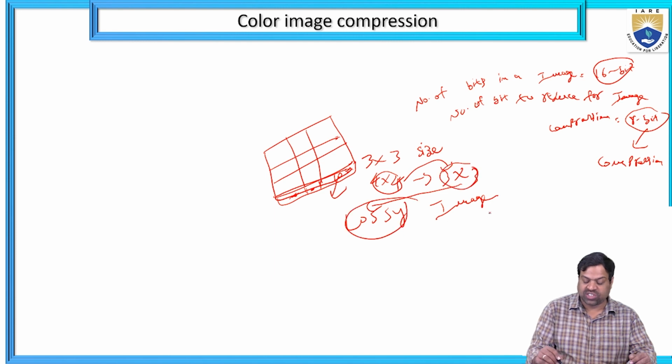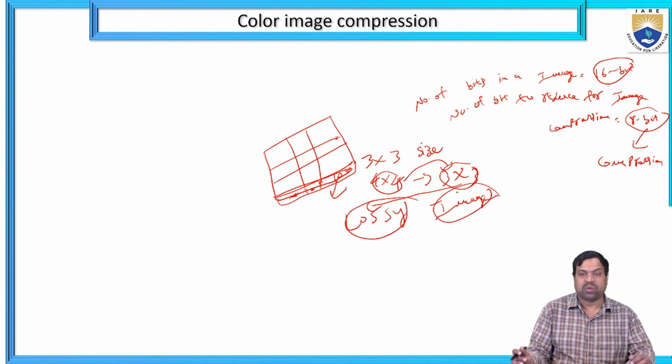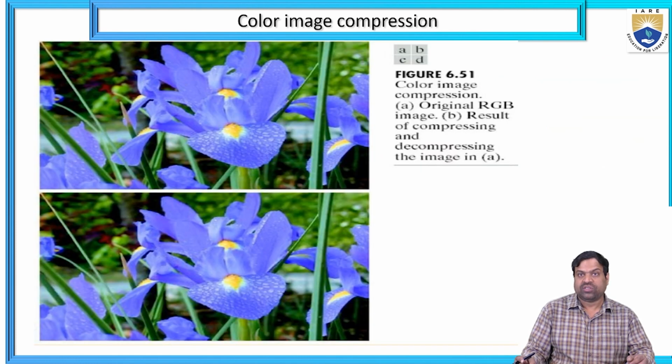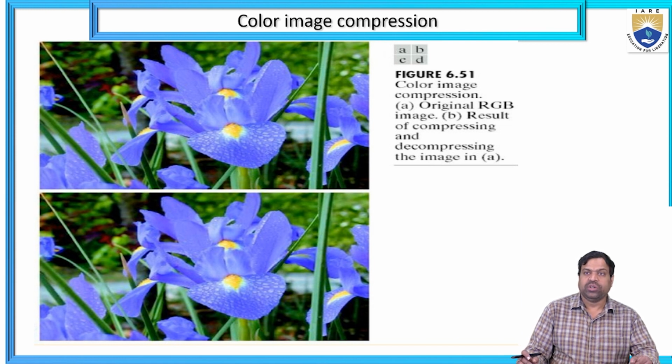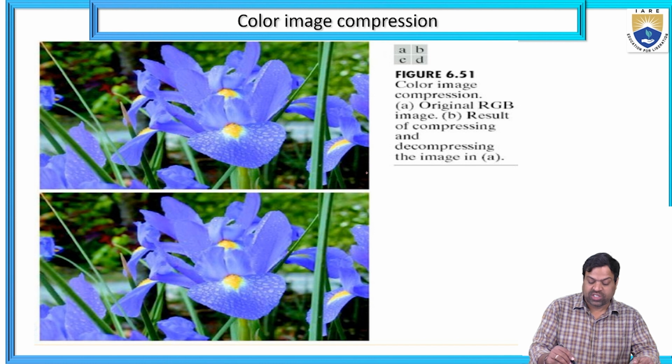The image is a lossy image. But what happened? The unnecessary data is removed for the image compression. So it is one best example: color image compression. It is the original image